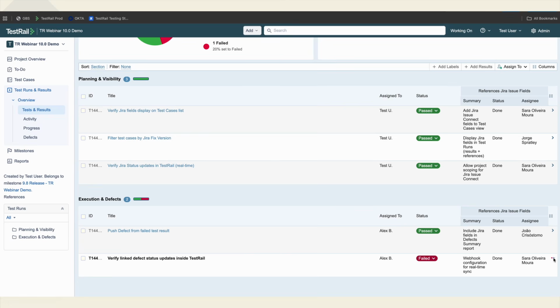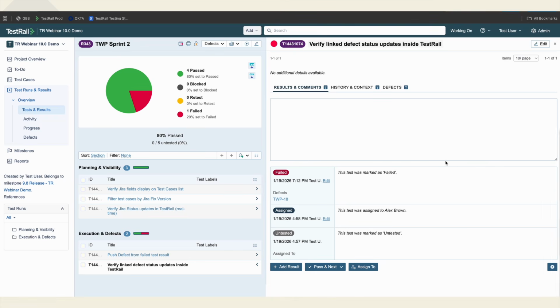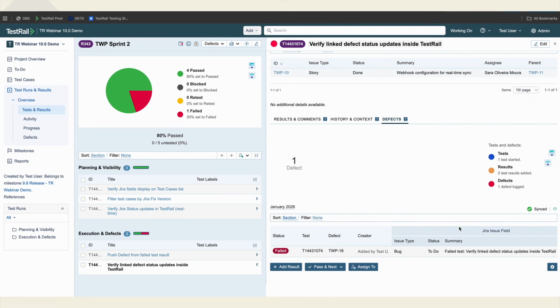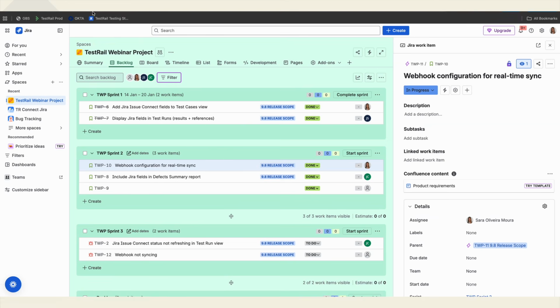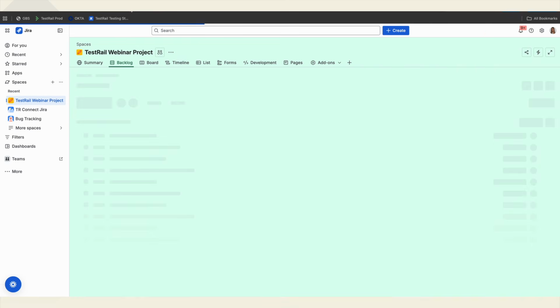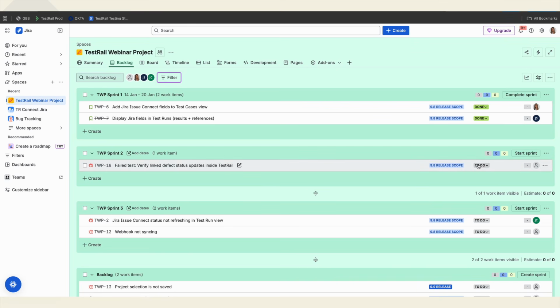Now, what really changed with Jira Issue Connect is what happens after the defect is created. The Jira issue stays linked and visible inside TestRail, and I can track its status live without leaving the test workflow. So I'm now moving the defect to done in Jira, representing the fact that my development team has fixed it, and I will return to TestRail, and there I will be able to see immediately that this defect is